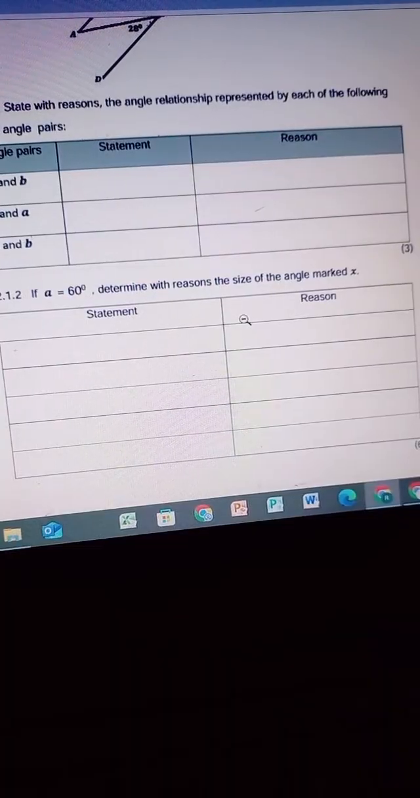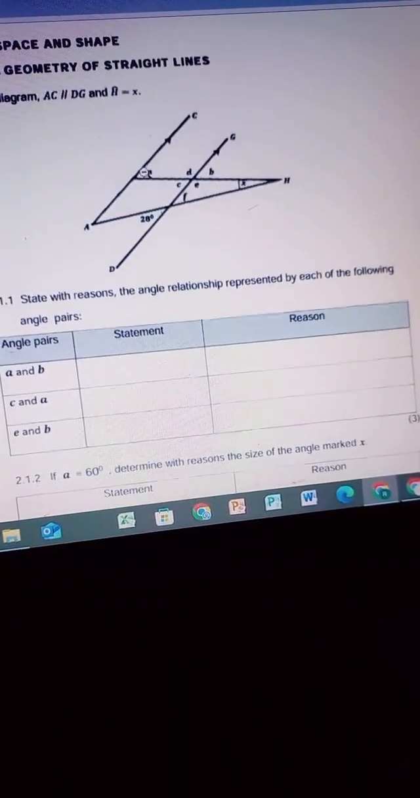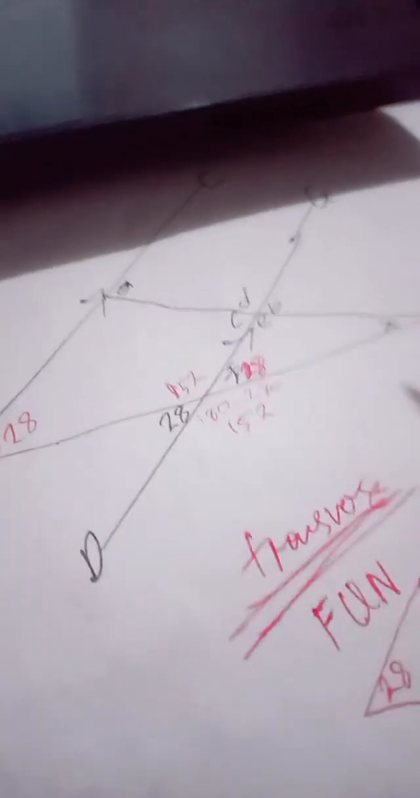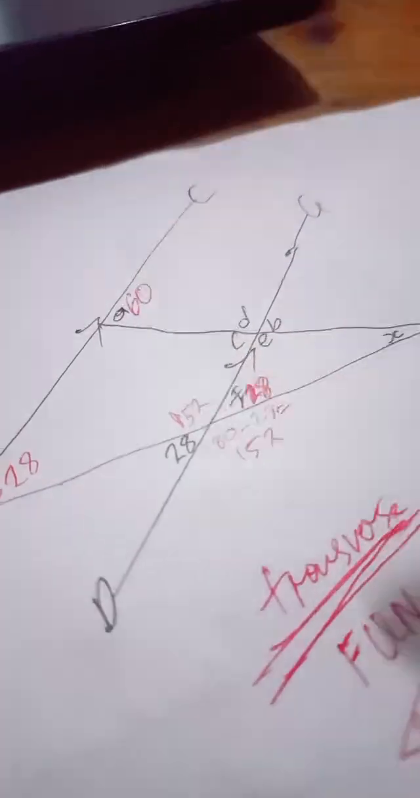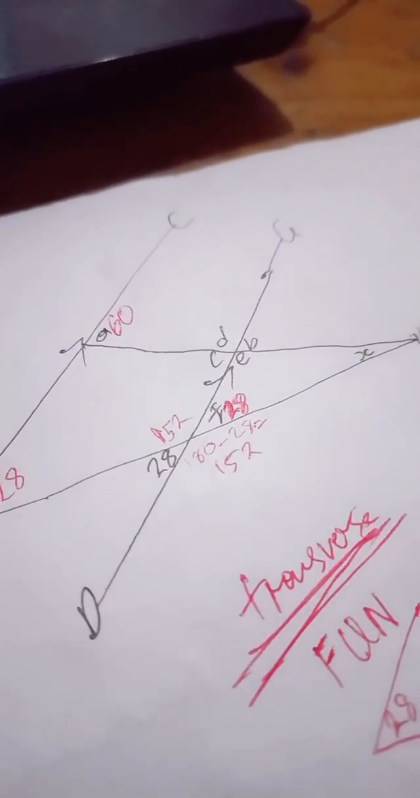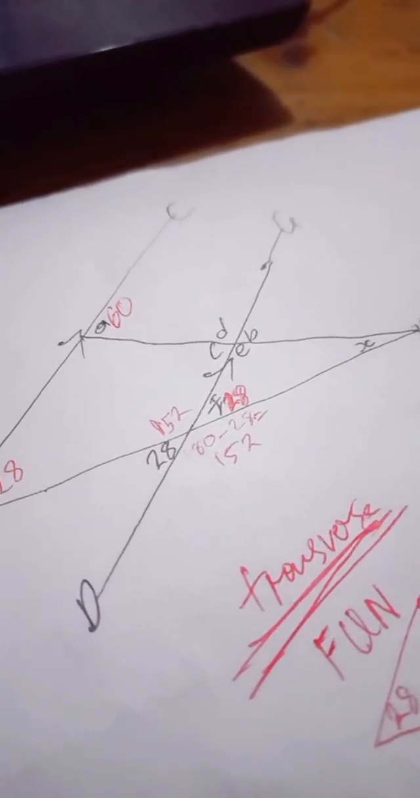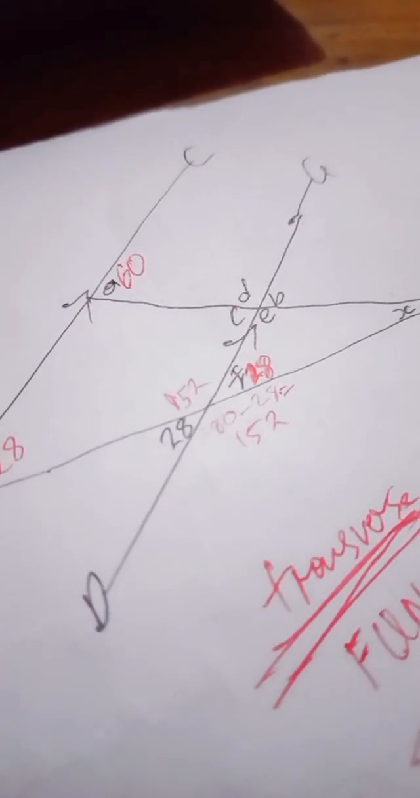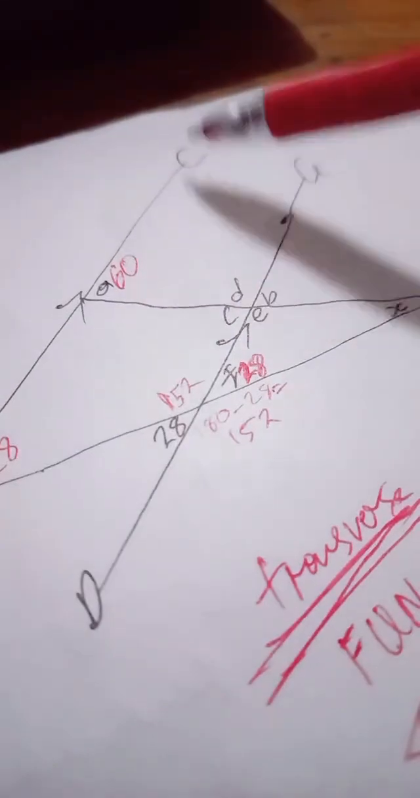Do we still have anything? Okay, if A is 60, determine with reasons the size of angle X. Now they are telling us that A is 60. This A at the top here, it is 60. So now we are coming back to our diagram. We have been given that A is 60. All right. So if we have been given that A is equal to 60,